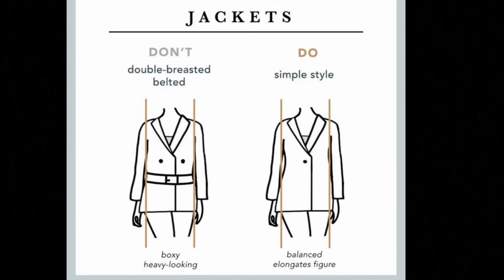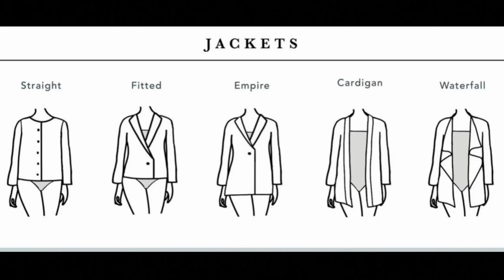Let's talk about jackets. For jackets, go for jackets that have a belt around the waistline. Define your waistline. Go for button down jackets and mid-length jackets like a trench coat. Don't go for cropped jackets or jackets that do not have any structure, or any jacket that is so cropped that it comes above your waist. Do not go for those kinds of jackets because they will not look flattering.